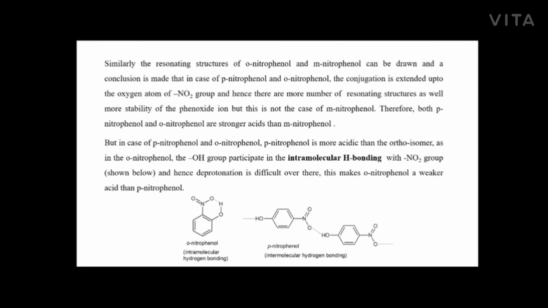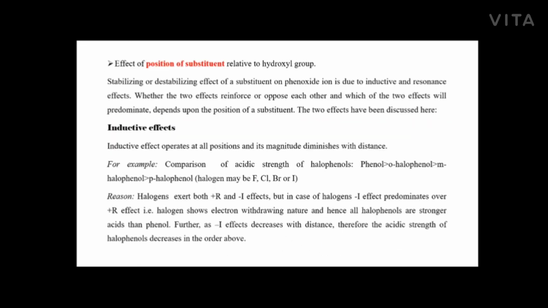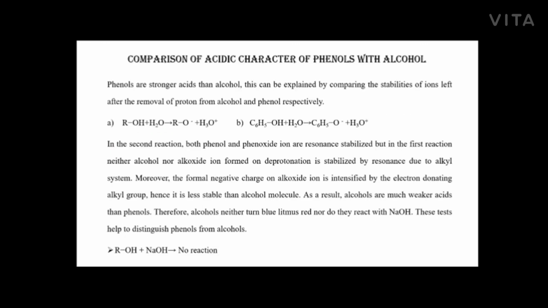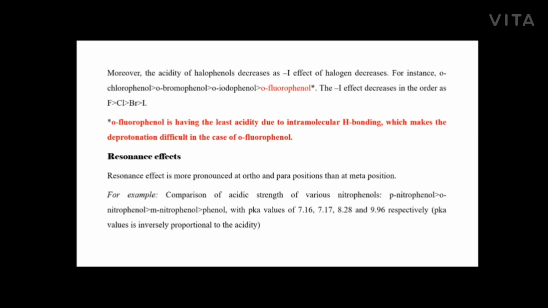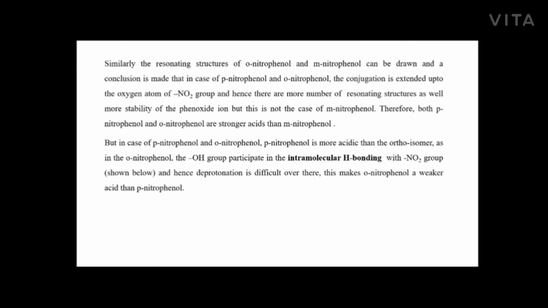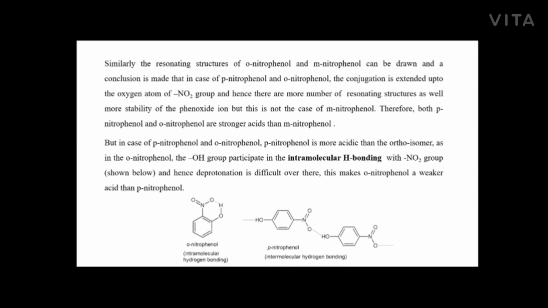So yeah, this is all about the general introduction part 1 for phenols, in which we have covered the basic introduction and definition of phenols. After the definition we went through the physical properties and finally the acidic character of phenols, what are the effects of substituent as well as position on the acidic character of phenols, and finally we have done why para nitrophenols are more acidic as compared to ortho nitrophenols, and this is really important from the exam point of view. So yeah, that's all for today.